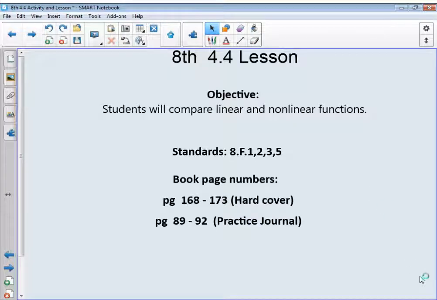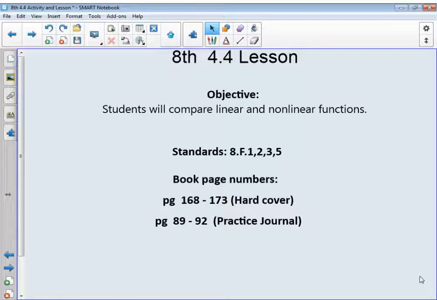Okay, this is 8th grade lesson 4.4. The students will compare linear and nonlinear functions, so we'll kind of tie into what we did with the activity. The standard covered in this lesson is 8F 1, 2, 3, and 5. The page numbers out of the hardcover book are 168 through 173, and out of the practice journal, pages 89